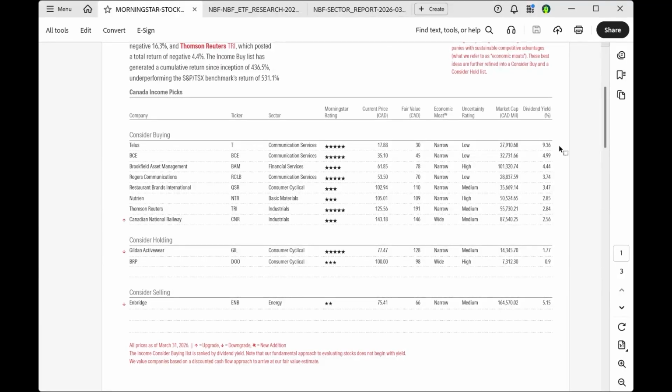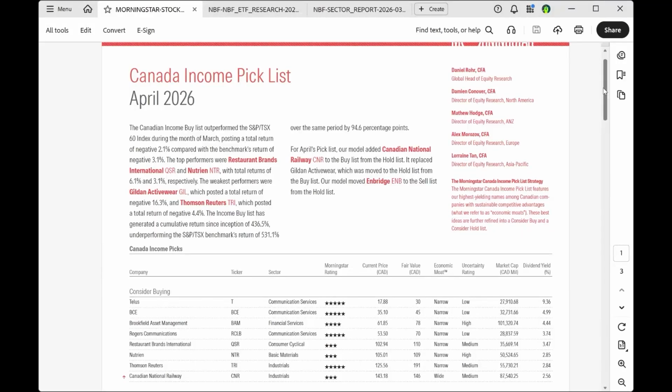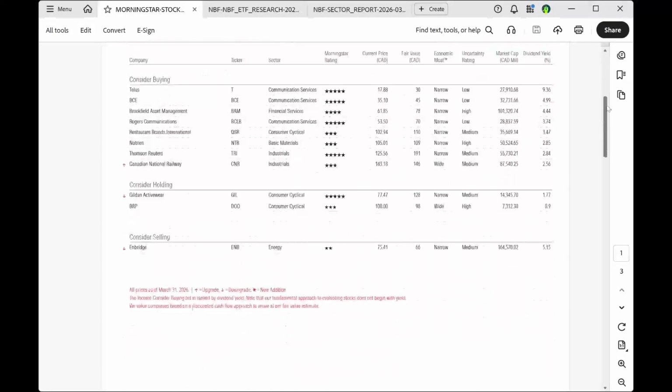And since our focus is dividends, you'll notice that the dividend yield is on the right-hand side, and this particular list is focused on Canadian dividend paying income. Now, if you scroll down,